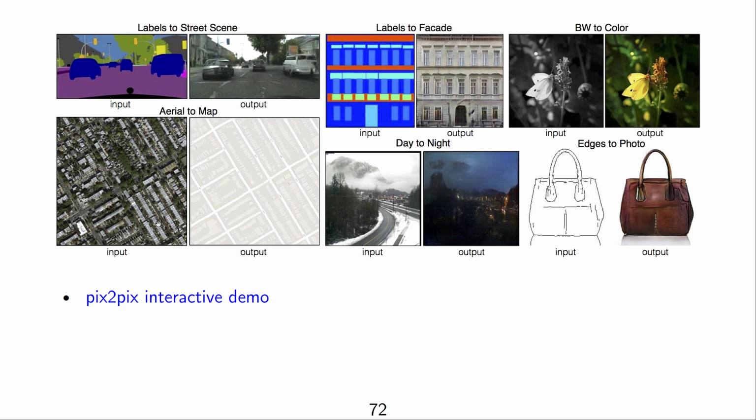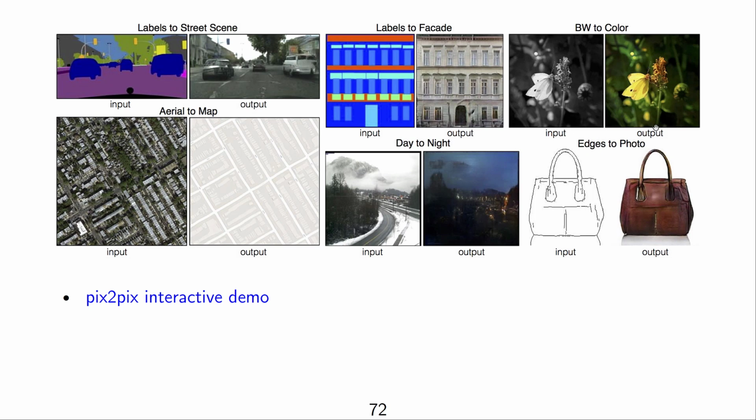Then you see aerial satellite image to map. Actually, you can train such a network in both directions. You can go from map to image and from aerial image to map. Here you see labels to facade. So there's an abstracted facade shown in a label map, and then there's a color image,